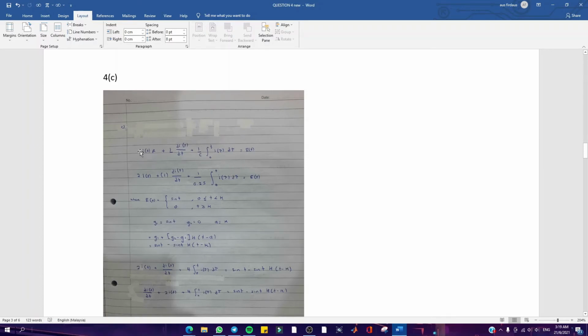So for resistor, we use the i(t) R, which is the current times with the resistance. And then for the inductor here, we use the inductance times with the derivative